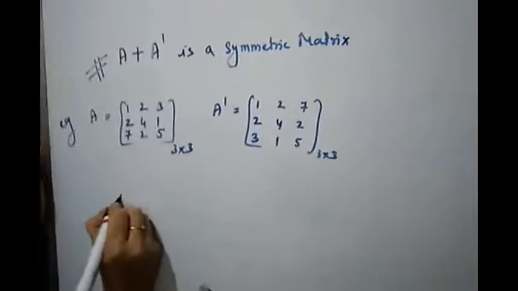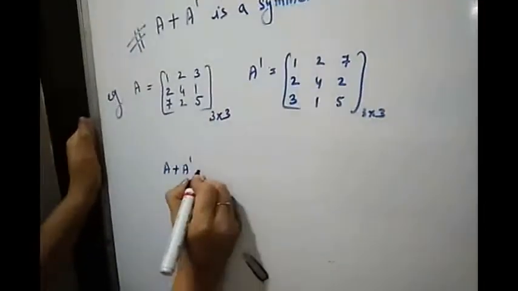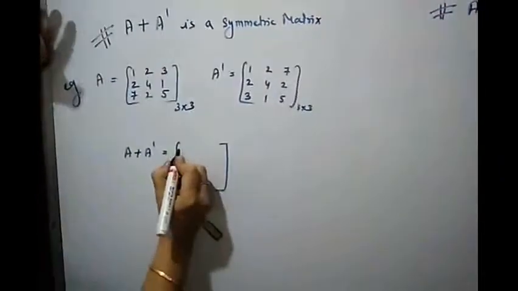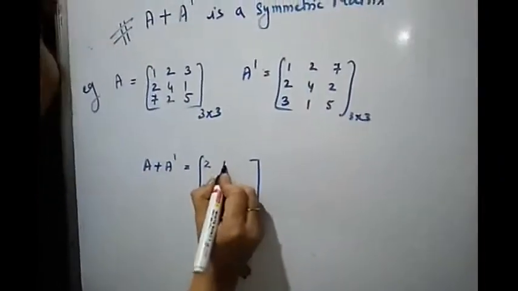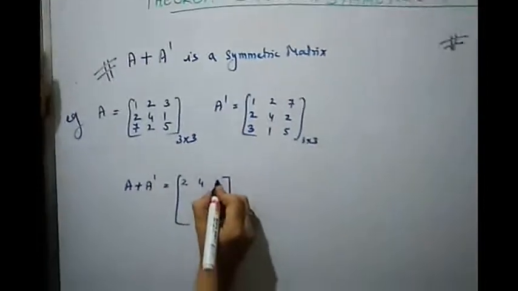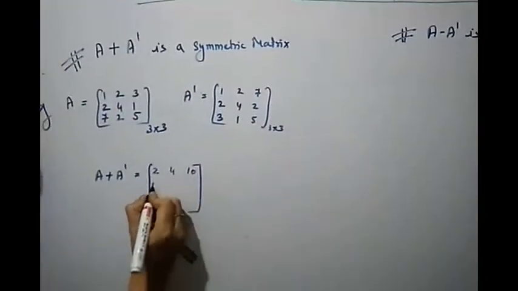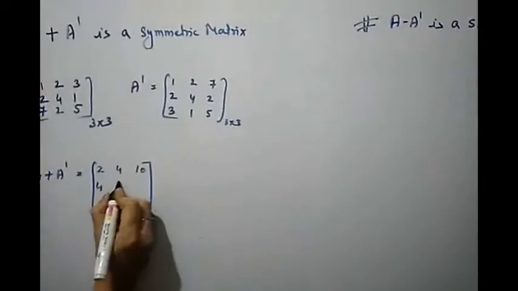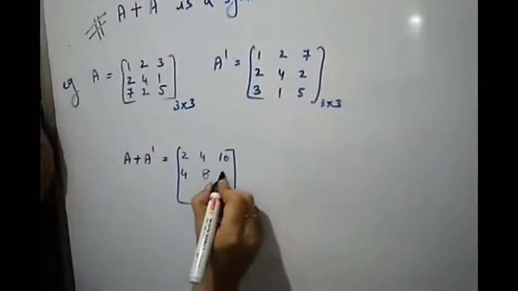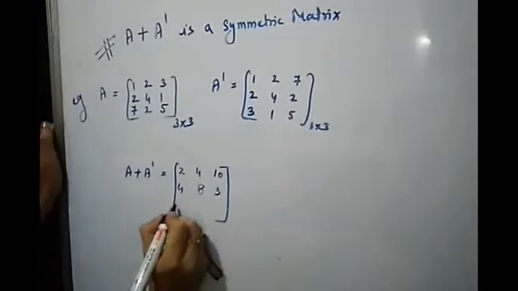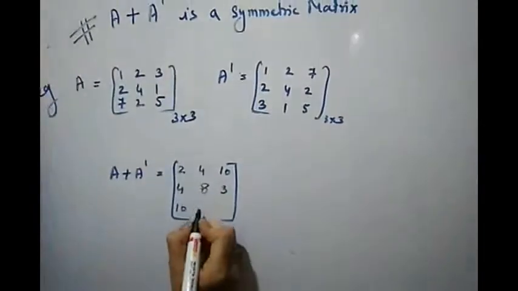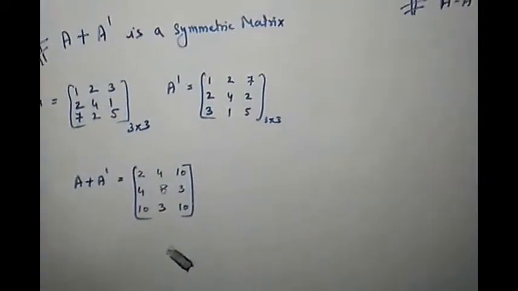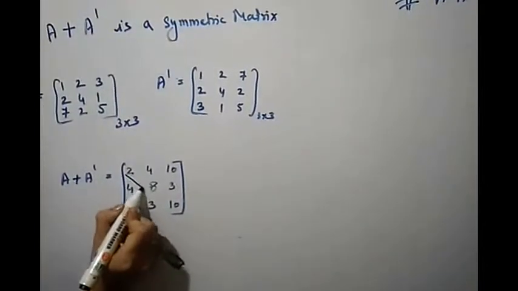Now over here, A plus A transpose will be equal to, add this matrix: 1 plus 1 is 2, 2 plus 2 is 4, 3 plus 7 is 10, 2 plus 2 is 4, 4 plus 4 is 8, 1 plus 2 is 3, 7 plus 3 is 10, 2 plus 1 is 3, 5 plus 5 is 10. Now you can see, except the leading diagonal elements,